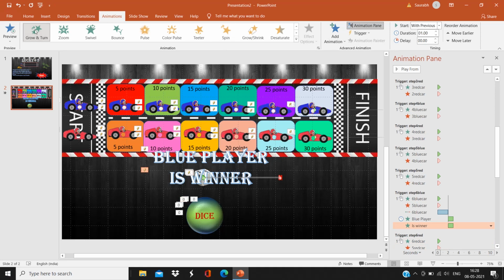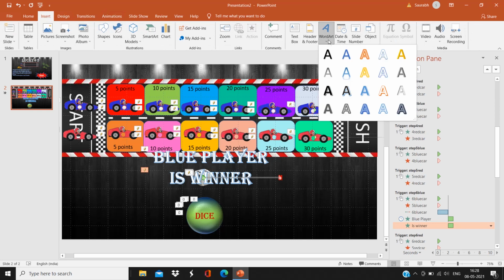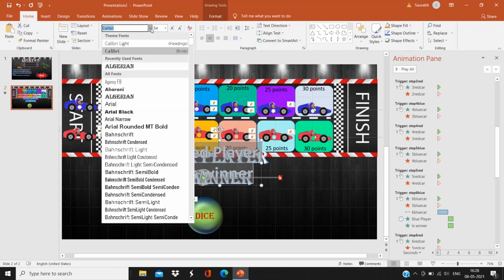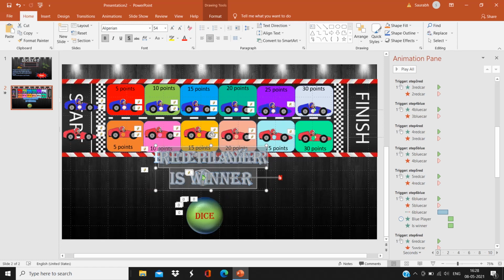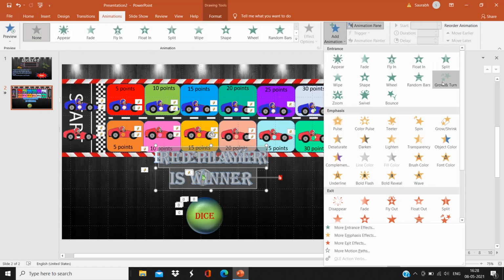Same I'm going to do with red player. Click on insert, click on word art, select a word art, red player is winner. Same thing I'm repeating. Set the font and size and give the animation, add animation.